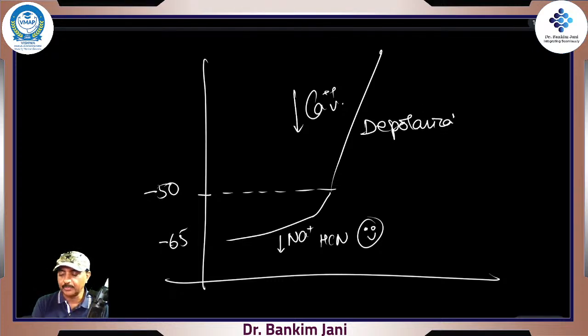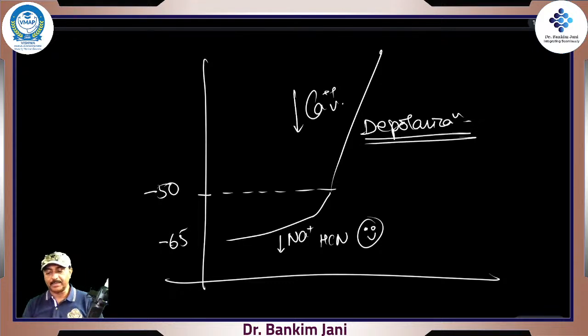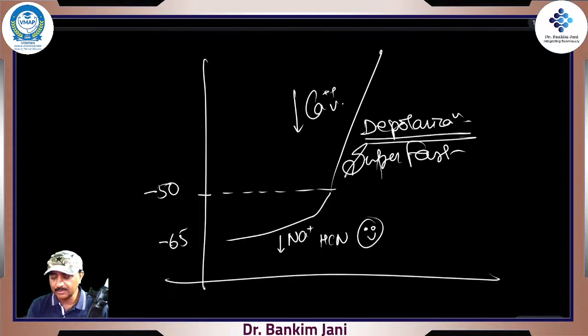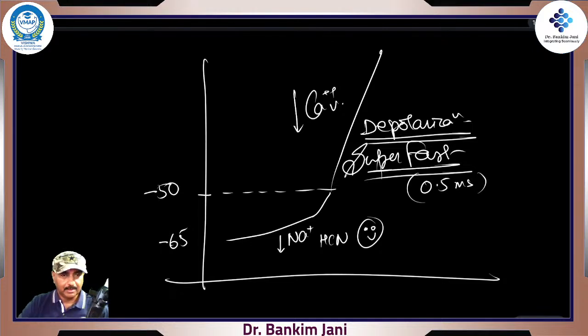And that's why we call this depolarization. But the interesting part is this thing is super fast. Within 0.5 millisecond, this entire process is completed. Blazing fast. Once it reaches the plus levels, it crosses 0 and reaches plus 10 millivolt. It is at this point